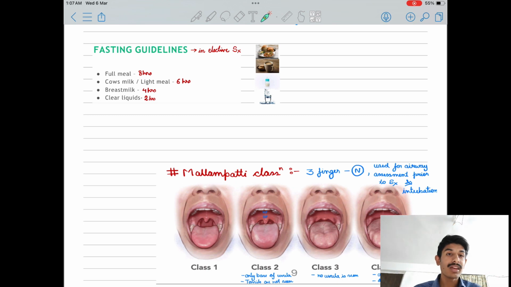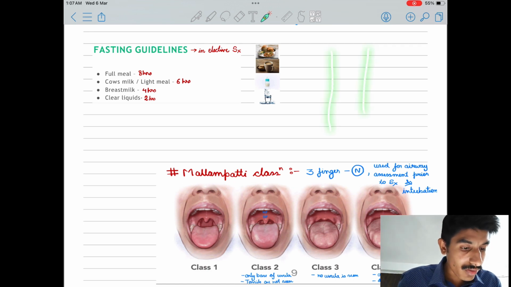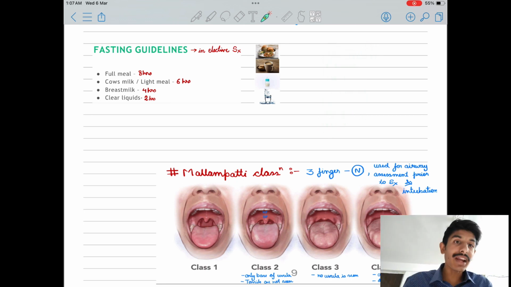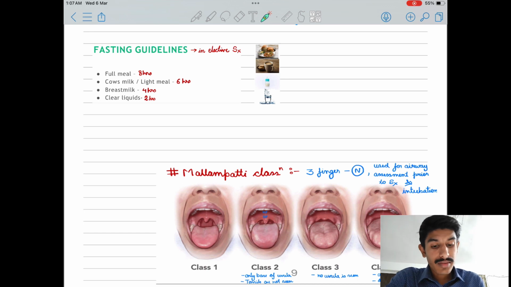So why does the doctor tell this? For example, if you have a heavy meal and eat so many burgers and everything, during the operation whatever digestion has been done in your body can come out, because your body is paralyzed. For example, this is your esophagus, and there are sphincters which stop the gastric juice from coming out from here. But when you are paralyzed, this sphincter will be loose and the juice will come directly to your mouth and go to your lungs. So the doctor says do not take any kind of food or milk before 8 hours or 16 hours before the operation. So we'll know what the procedure for this is.